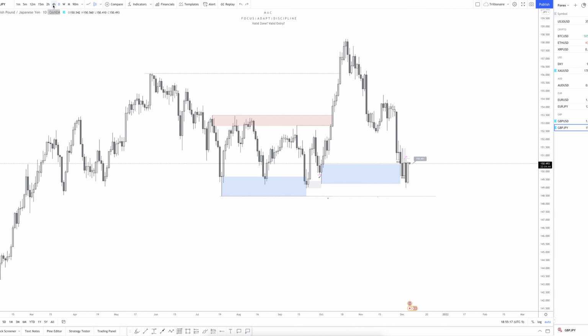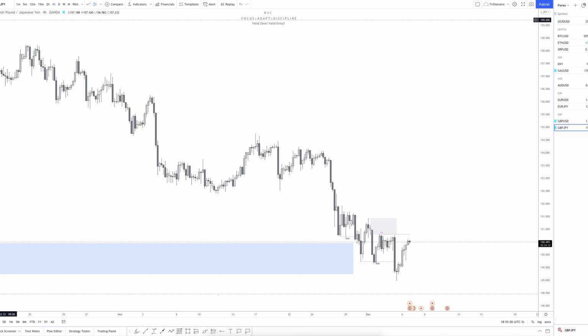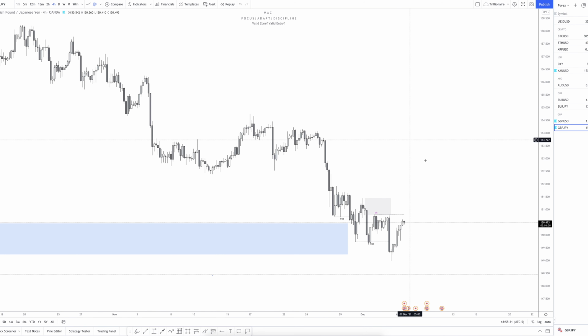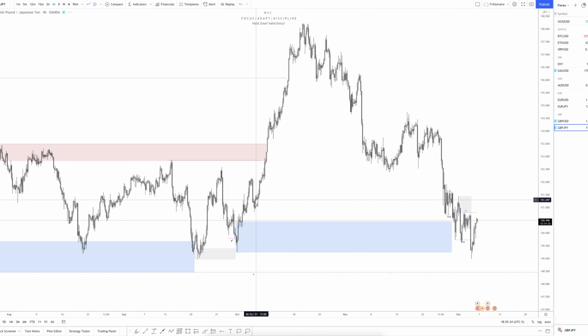Now let's break this down to the H4 time frame and get into a little bit of the nitty-gritty intraday type of structure. So this is the H4 time frame, and the thing about the H4 time frame that I love is you really don't have to look at previous price, meaning if you're going to zoom out and look at previous price, zoom out in order to either refine a little bit more or zoom out in order